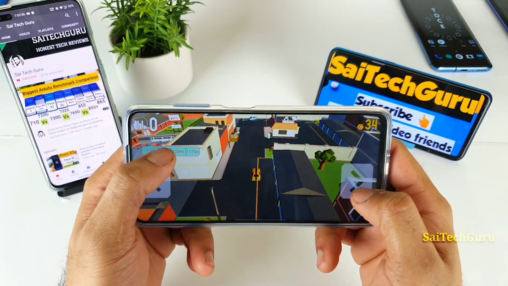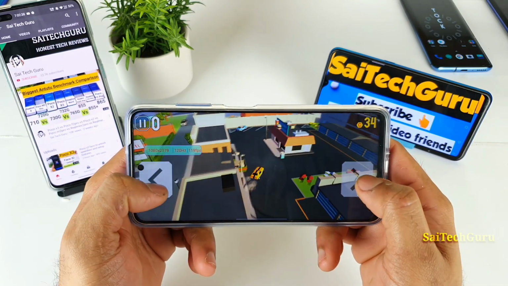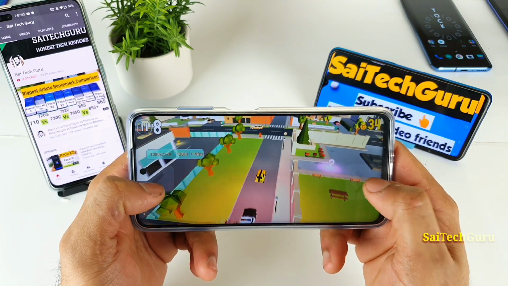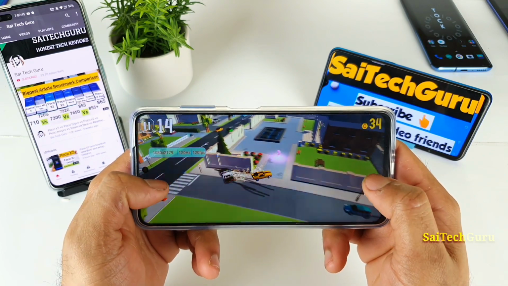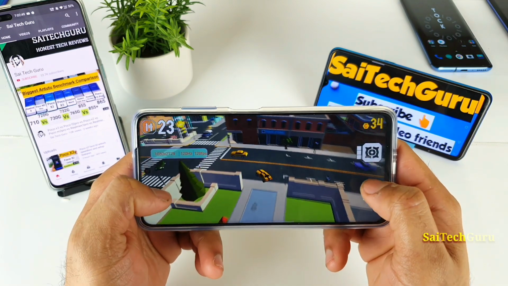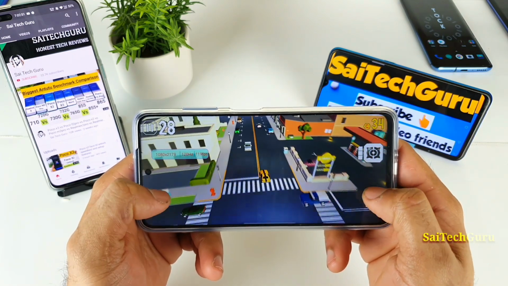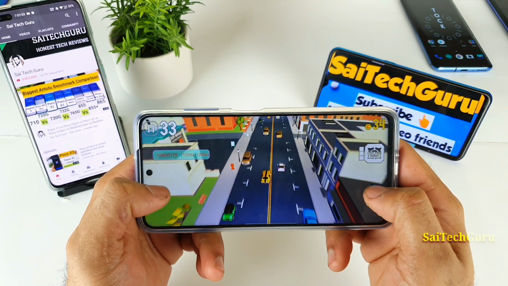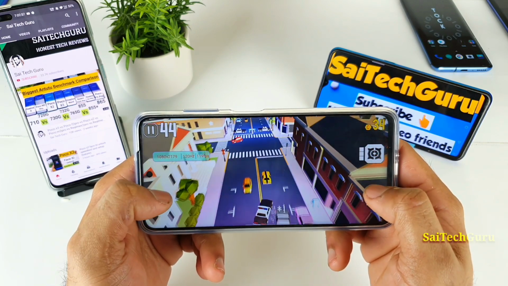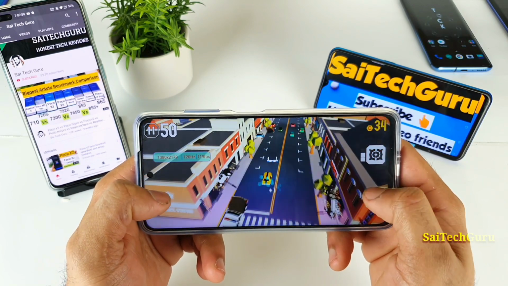And the advantage is that when you're playing games, you can actually see the real-time FPS count meter. The Poco X3 device supports 120 FPS games, which works pretty good. You can see the real-time FPS count meter as well, and this will be a very good example while demonstrating any kind of games on my channel. So this will be a very good use case as well, which is working pretty fine.